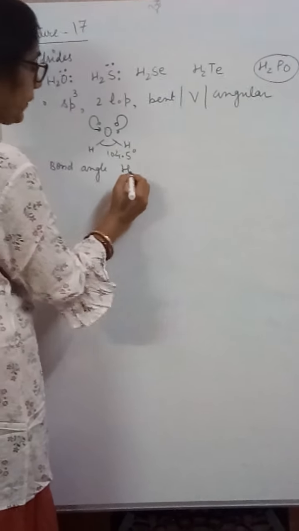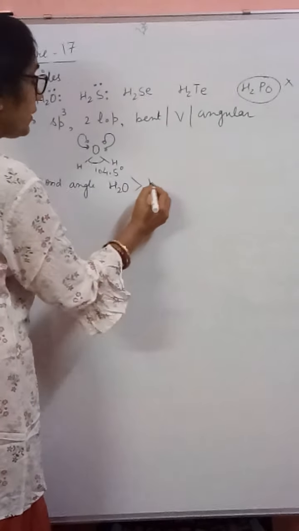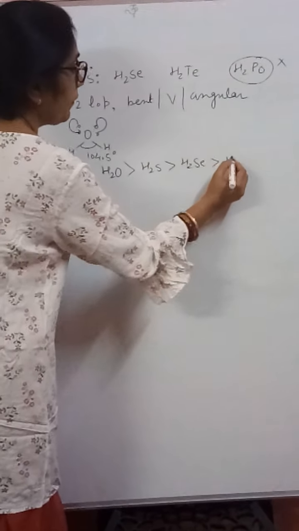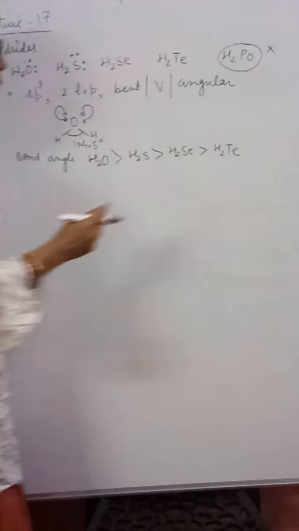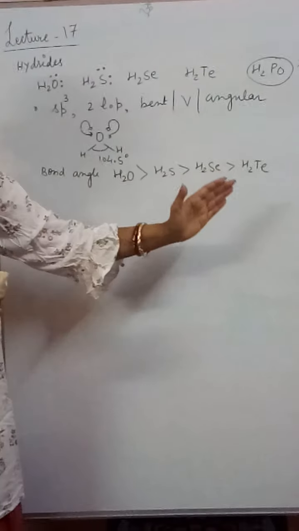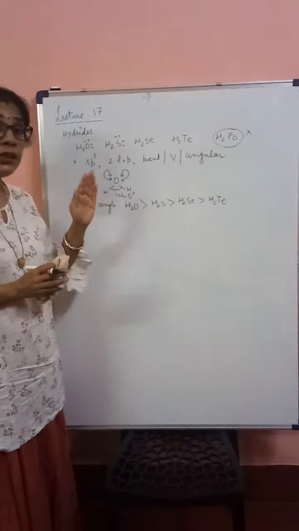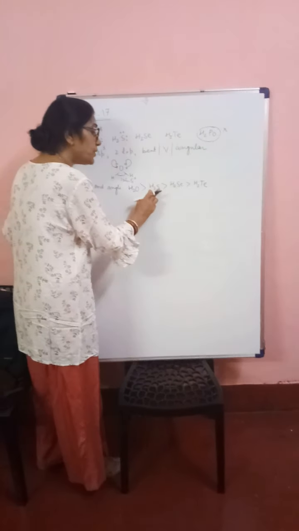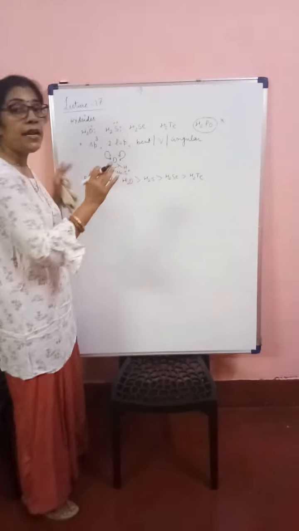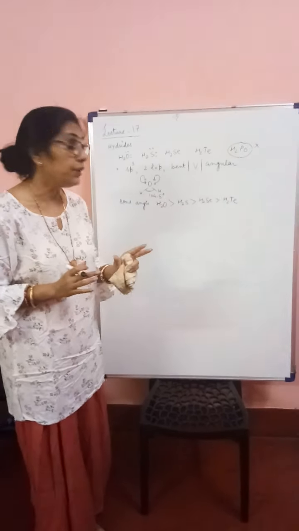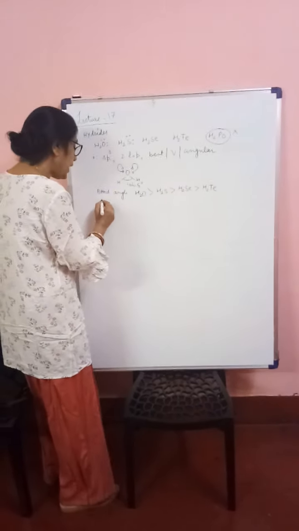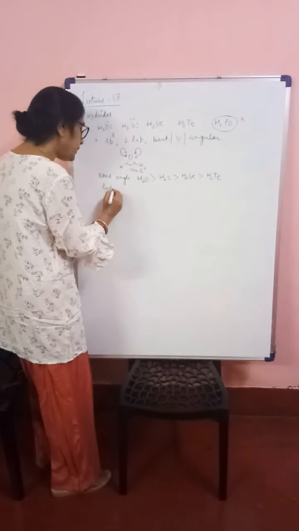And when I consider the bond angle, water has the highest bond angle. So bond angle on going down the group for the hydrides decreases. Why does it decrease? Because the atomic size increases and the electronegativity decreases. So the bond angle goes on decreasing. So far as reducing character is concerned,